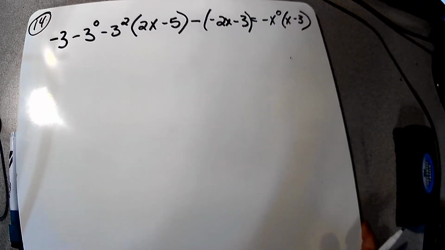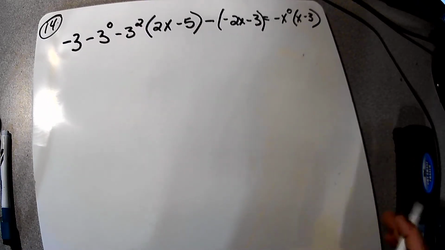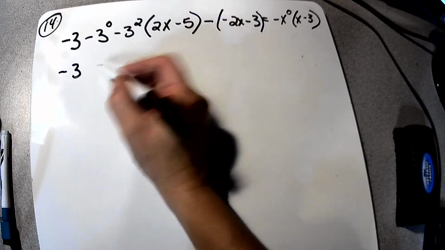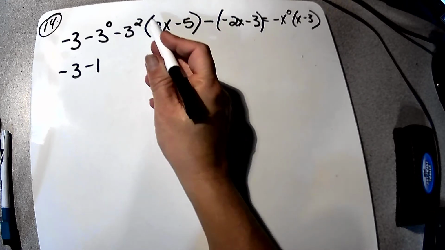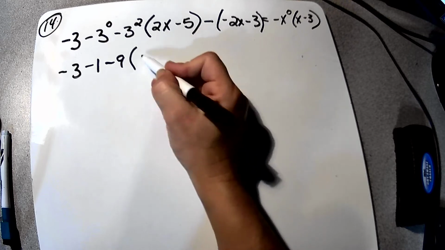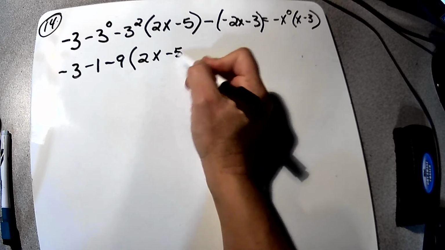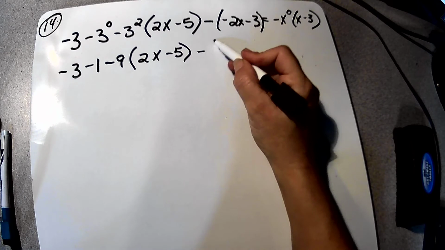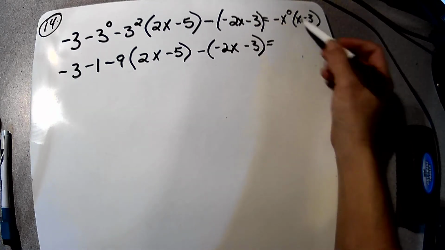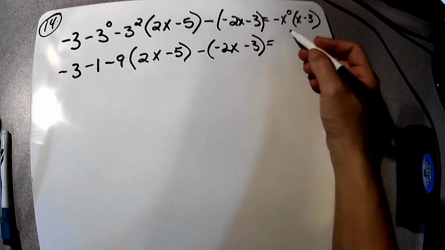Alright, so I'm going to start with our exponents, so negative 3, and then 3 to the 0 would just be 1, so minus 1. 3 squared, 3 times 3 is 9, so minus 9. 2x minus 5 minus negative 2x minus 3 equals, and then that would just be 1, x to the 0,